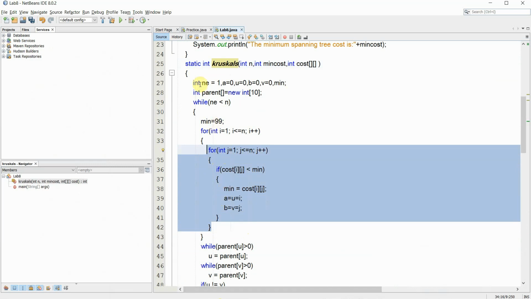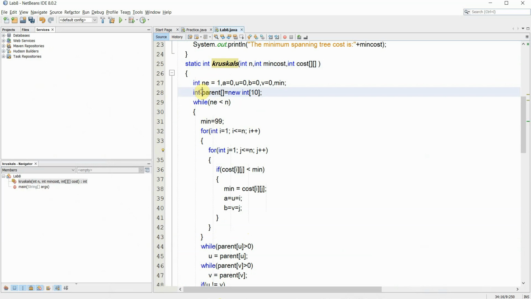Okay, so as we said, since it makes use of the union find algorithm, we have an array called parent. When I declare parent as a new int array, all the values in the array are initialized to 0.